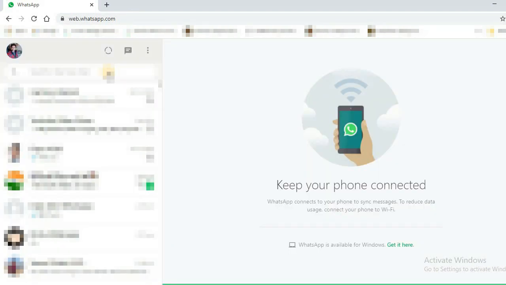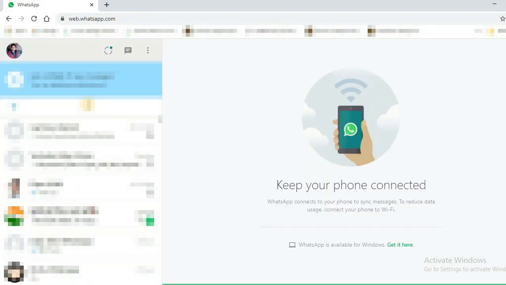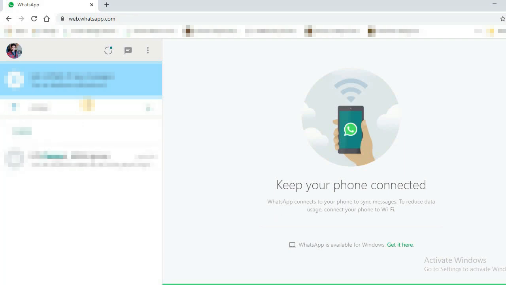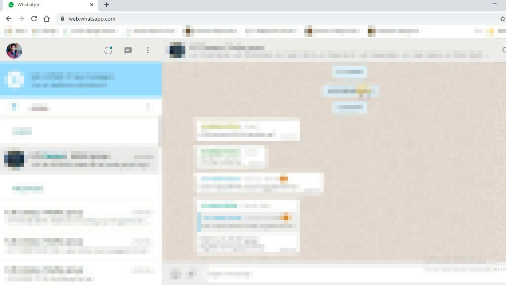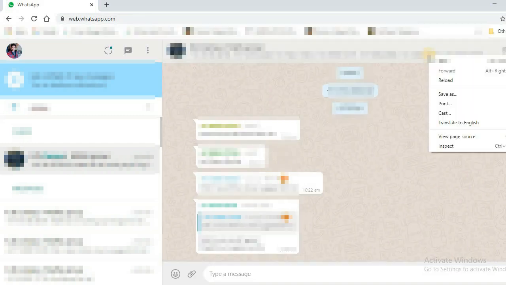So now we are logged into Web WhatsApp. We will first of all go to the WhatsApp group, contacts of which we want to copy into our phone. Here is a WhatsApp group that I want to copy. Now when you hover your mouse over the group, you can see all the contacts being flashed visually. So what you need to do is just right click on this and you can see here an option inspect. You can also use Ctrl Shift I to go to this inspect option. I'm clicking inspect.